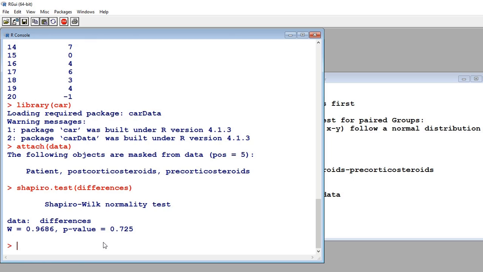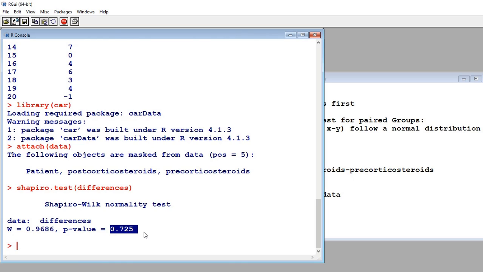Okay, so based on the Shapiro-Wilk test, or if you want the population distribution, the population that we are testing, we are assuming that its distribution is similar, if not the same, as a normal distribution or Gaussian distribution. And if you look at the p-value, it's actually 0.7, which is greater than 0.05, which means we cannot reject our null hypothesis, which suggests that the population that we are testing actually follows a normal distribution. So we can go ahead with our